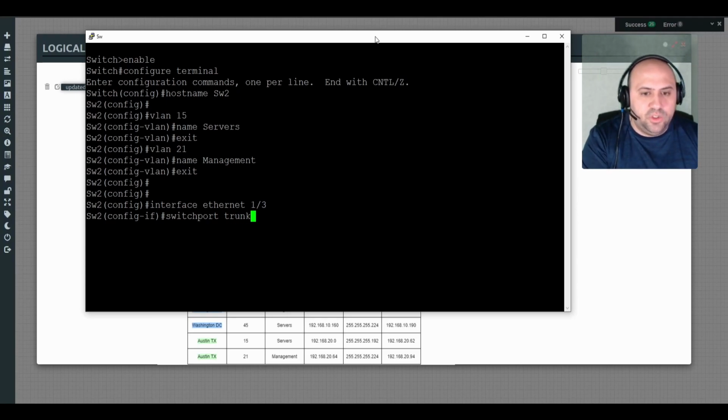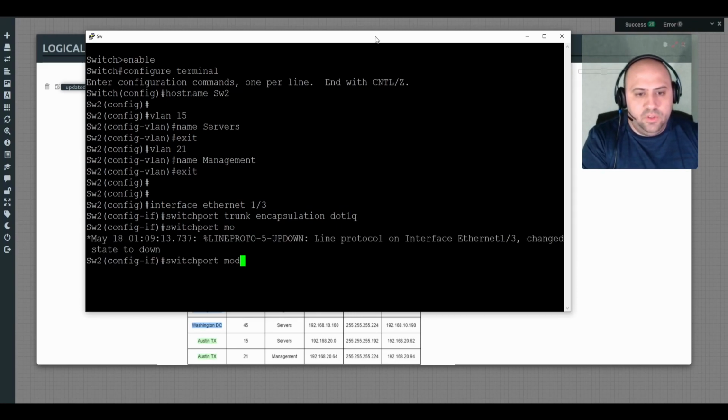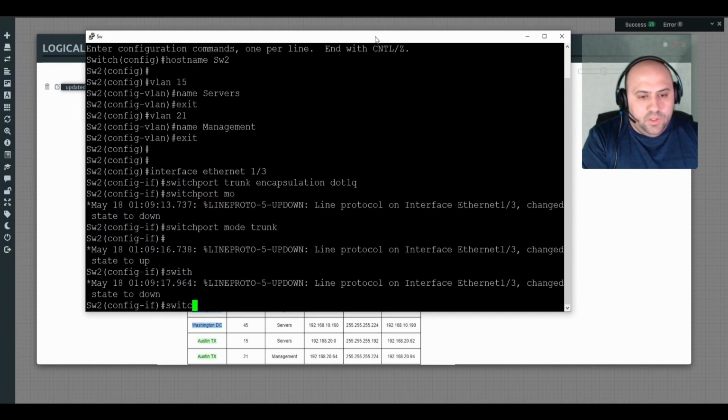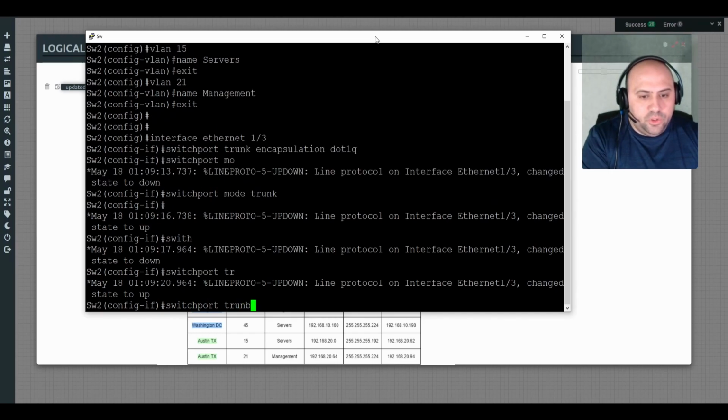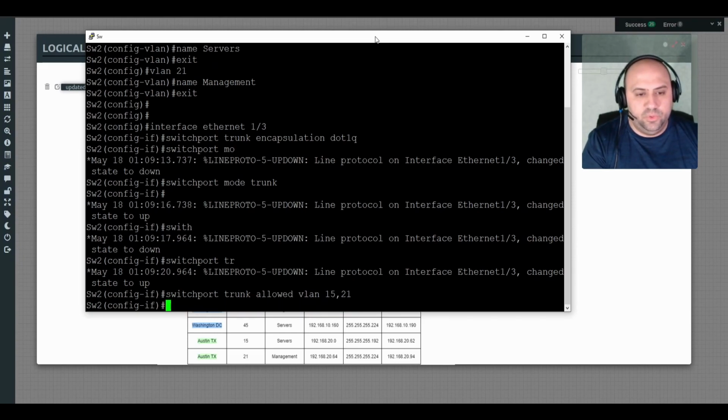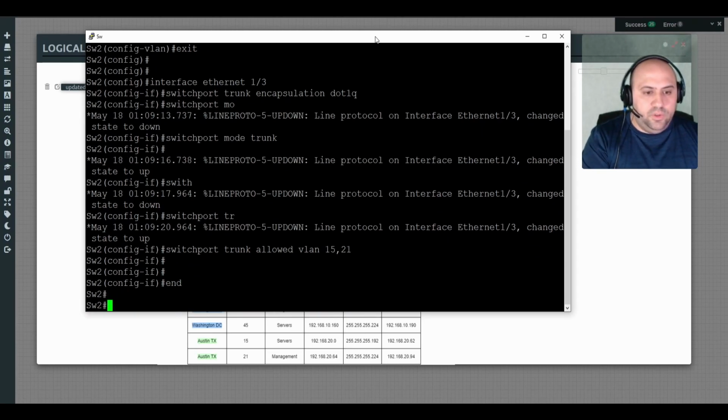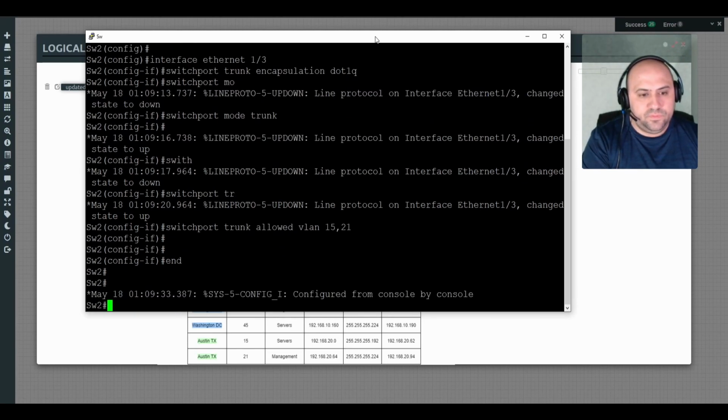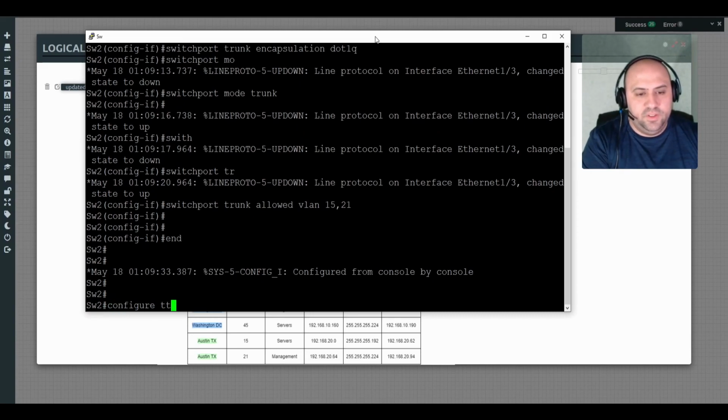So switchport trunk encapsulation dot1q. And this is going to be a trunk. So switchport mode trunk, and then switchport trunk allowed VLANs 15, 21. So we're going to allow VLAN 15 and 21. All right. Oh, I wasn't done. Didn't mean to do that, but